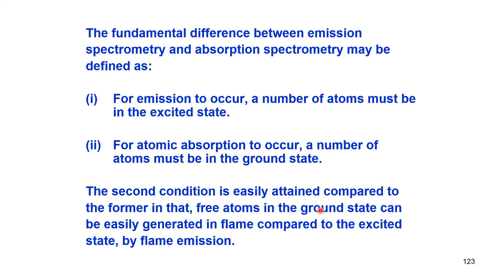For atomic absorption and emission to occur, it will not occur in a material like the one I am holding here. For example, there is a metal tip here. The atoms in this metal tip are not free atoms. They are not free to move. They are all fixed in a matrix. If I take any metal or a keychain, for example, I have a keychain here and this keychain is made of steel. That means, iron atoms are there, maybe some chromium, manganese, etc. They are all there, right.